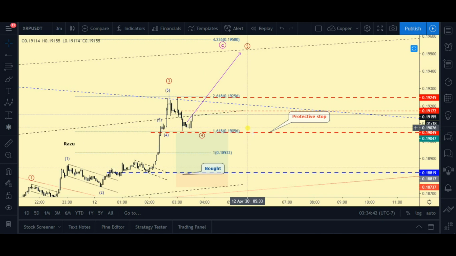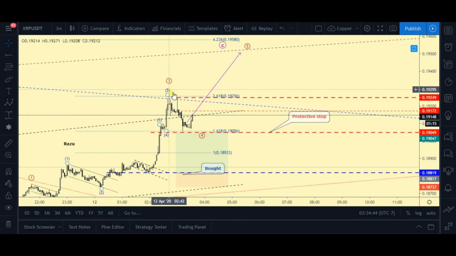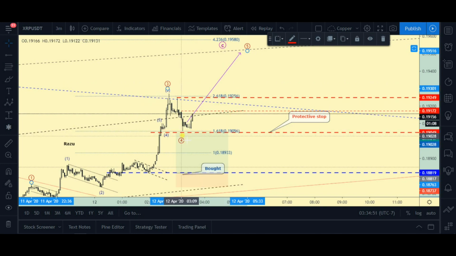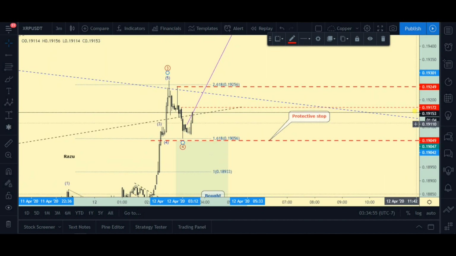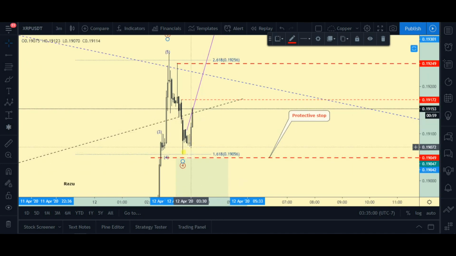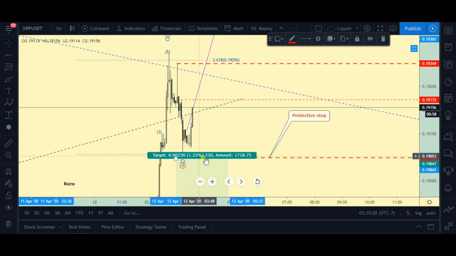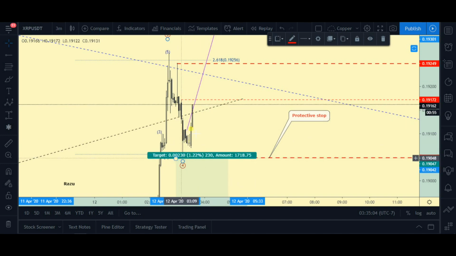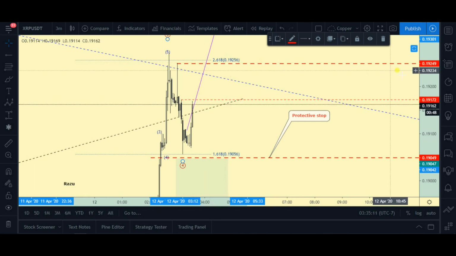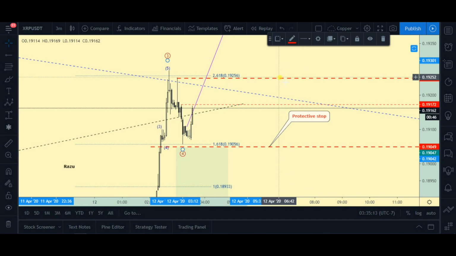Okay, so now what we are seeing is the third wave has ended at the 261.8% Fibonacci extension, and the fourth wave most probably has ended here, and our protective stop was just below this 161.8 Fibonacci extension, and the price did not close below this. So from here, if this resistance is broken, then we can expect the price to move higher, and a strong confirmation is if this